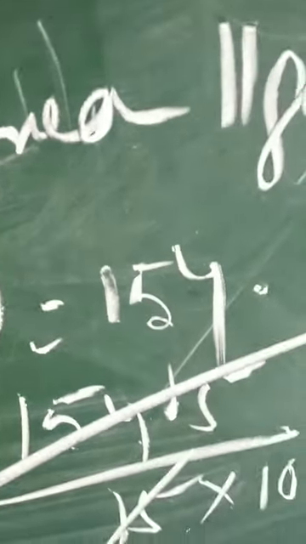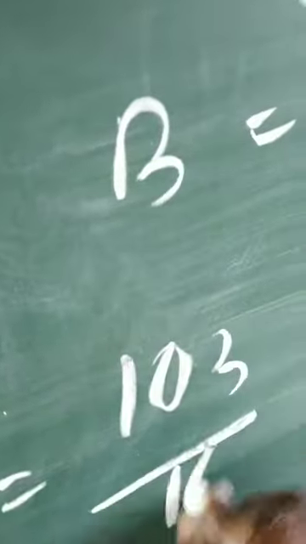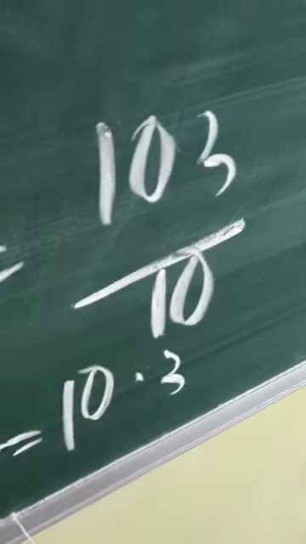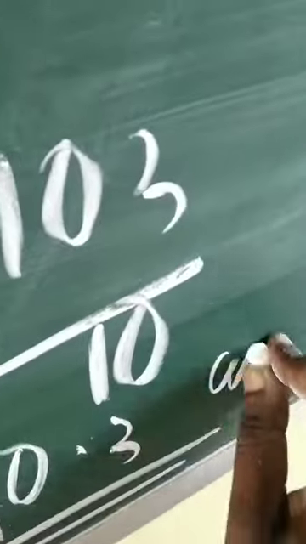5 9s are 45. Then again, 3 can cancel 309. 3 1s are 3. 0 1 0 3. So I'm getting the measure of the base is equal to 103 by 10. So it will be 10.3. 10.3 centimeter is the measure of the base of this parallelogram, whose area is